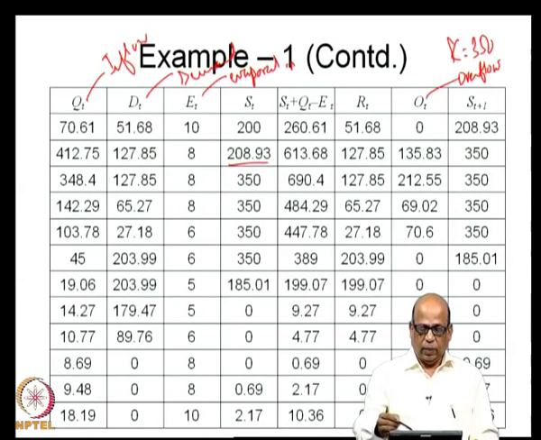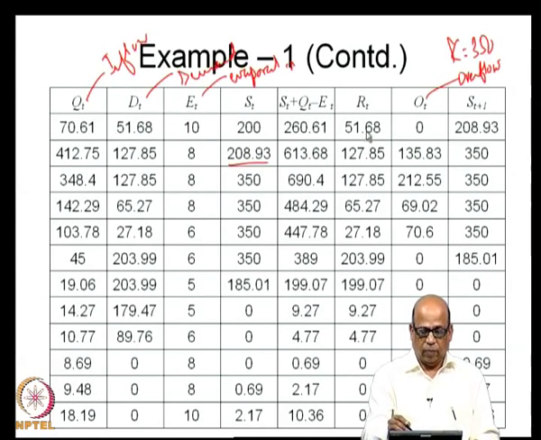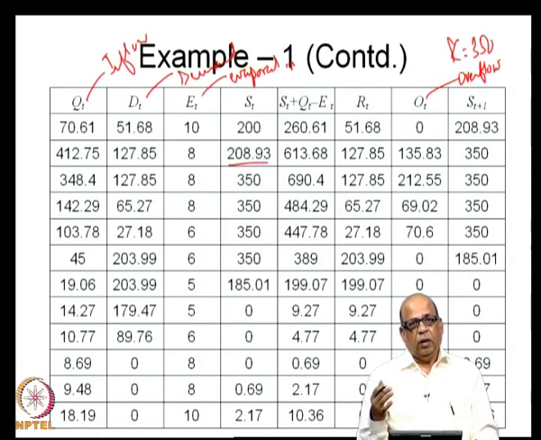What do I mean by performance of the system? You may look at the release and look at how many times you were able to meet the demand fully. Let us say you were able to meet fully here, etc. Like this you keep on looking at this, and then once you come to this point the demands are not met fully. Like this you can evolve several performance measures. We will touch upon the performance measures subsequently in the course, but this is how you simulate the reservoir operation using standard operating policy. However, standard operating policy is not an optimal operating policy.